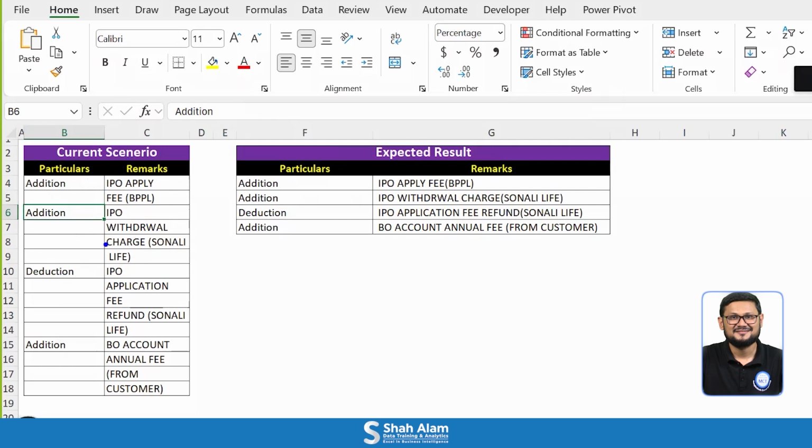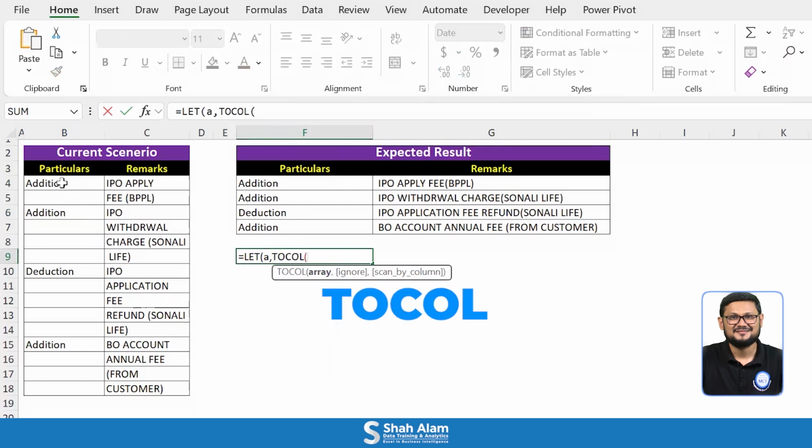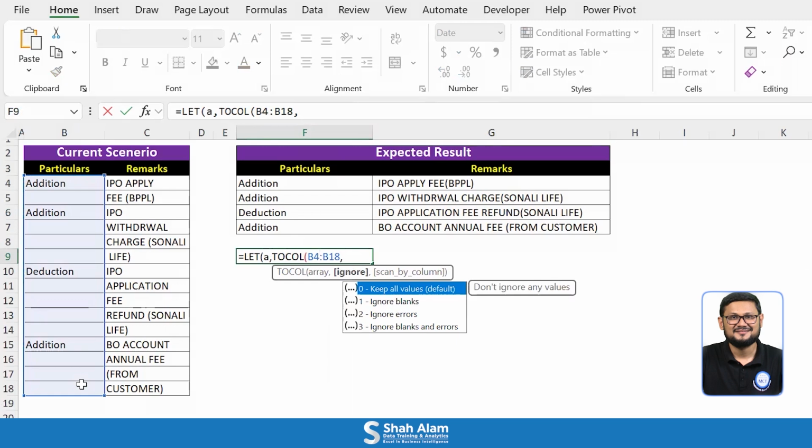value. To solve this problem, I will use the LET function. LET, because I want to store intermediate results and make the formula easier to understand. First, I will create a variable name which is A, right comma. Here I will use the TOCOL function. I will select my particulars column, right comma, and I will select ignore blanks so that the blank cells will